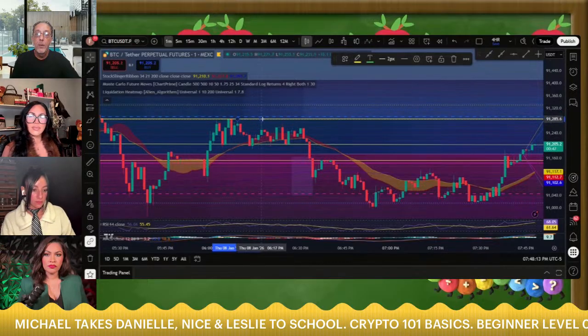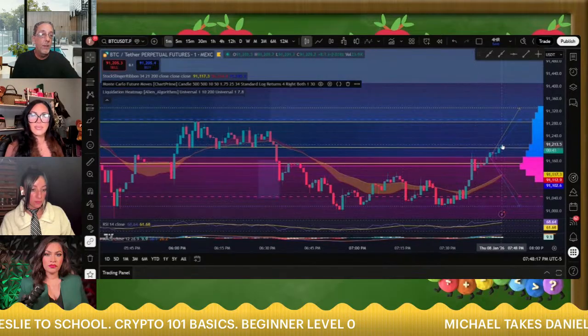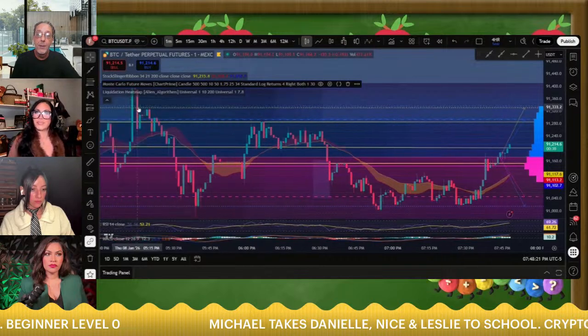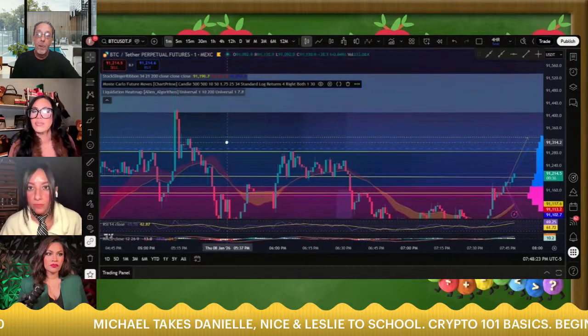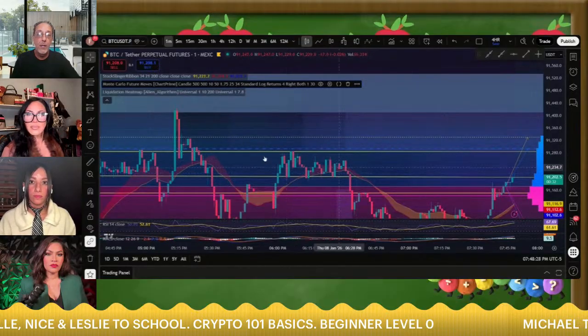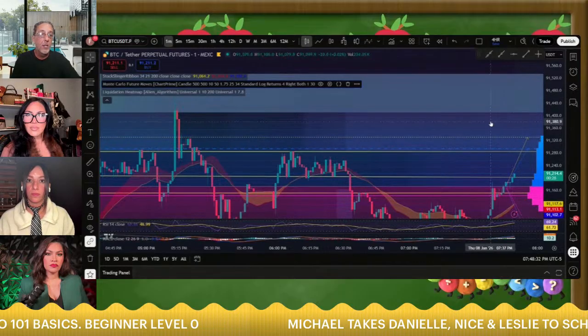So this will be a new resistance level that we'd have to break through. If we get past this one, we'll shoot up to this one. And since you keep looking to the left, here's our high point up here. So we got quite a bit of resistance right through here. If it breaks through this and coming up, it's gonna go.